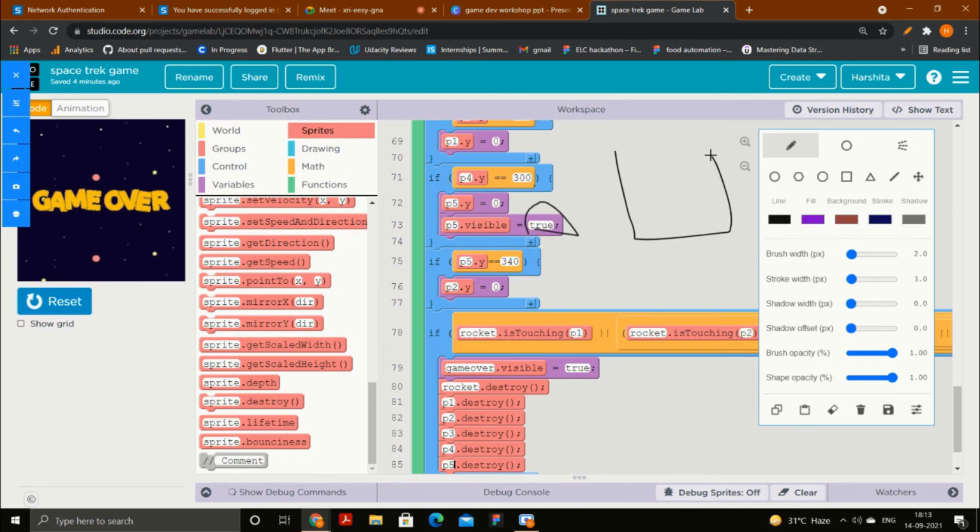Let's say this is my screen and this is an animation, let's say this is a planet. If I put visible equals false, then the planet will be there in the same exact coordinate, but it will not be visible to us. That's it. But if I destroy it, then it will be destroyed completely from the game. It will be totally vanished and cannot be recovered. We cannot make it visible later on in the game. So that's the difference between both of them.